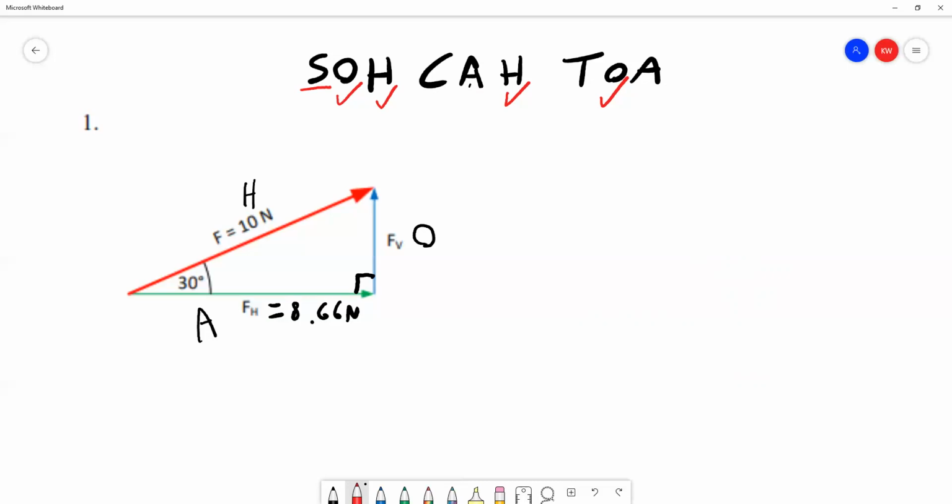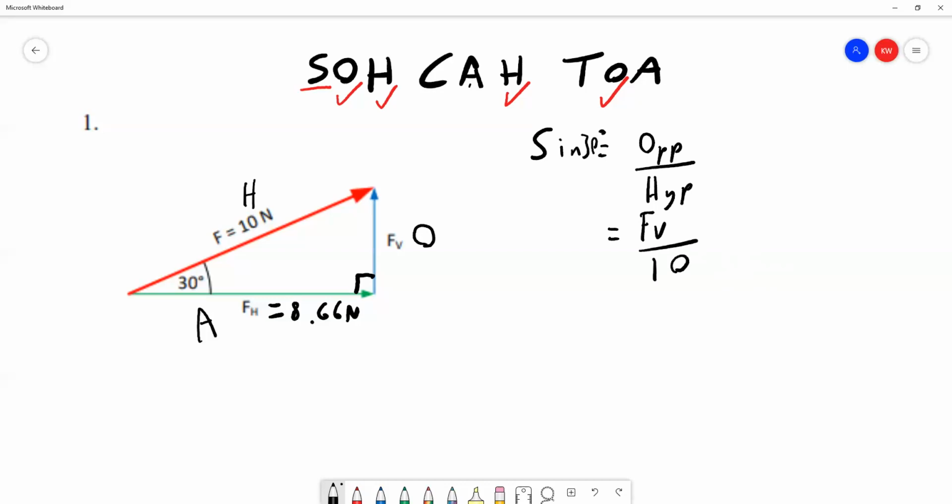So based on the information of 30 degrees and the hypotenuse, trying to find the vertical line here, which is opposite to 30, it tells us sine is the trigonometric ratio we need to use. So just like before, we write it out. So sine, the SO, is equal to opposite over hypotenuse. That's SOH. In this case, opposite is FV, which I should have said sine of 30 degrees, and hypotenuse